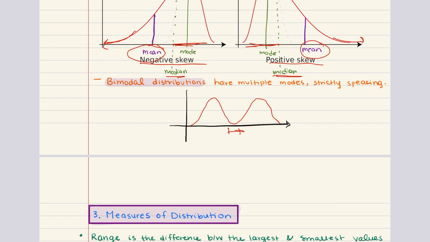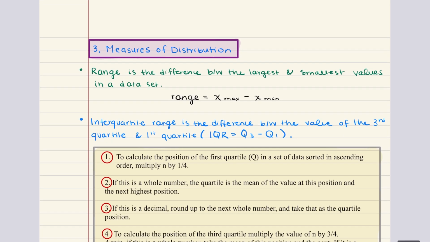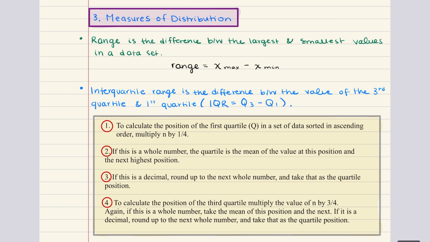For example, if you measured the heights of all adults, maybe the distribution might show two peaks, one corresponding to females and one corresponding to males. And recognizing bimodal distributions is important because they often indicate or could indicate some underlying differences in the data that may warrant separate analysis. With that, we've completed Objective 2, and now we can move into Objective 3, where we're